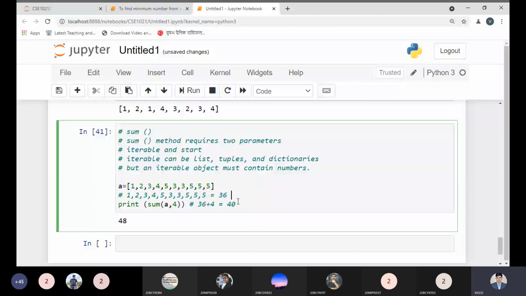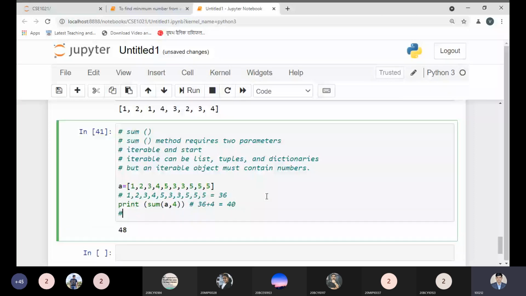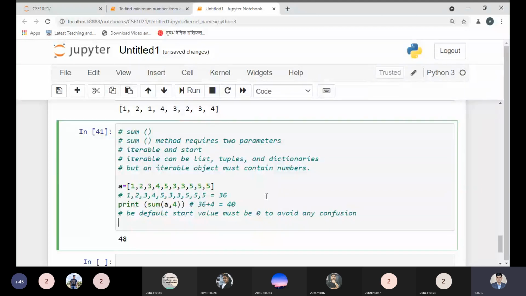By default, let me note, the start value must be 0 to avoid any confusion. So it is a better idea. If I'm doing print sum with 0, definitely it will print 36. It should be 36.